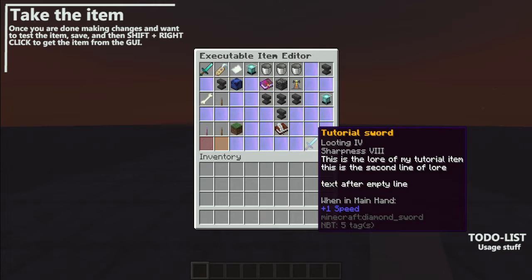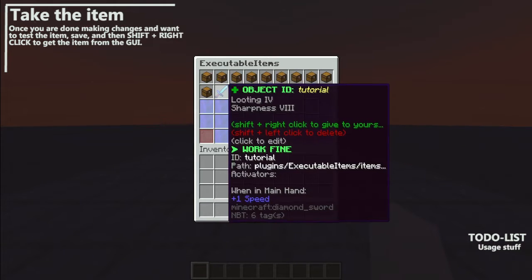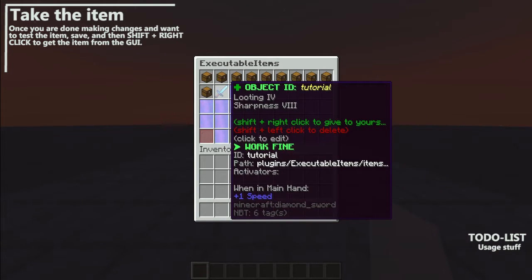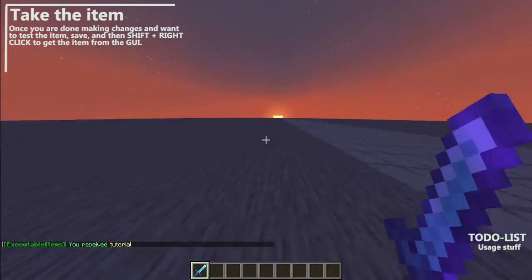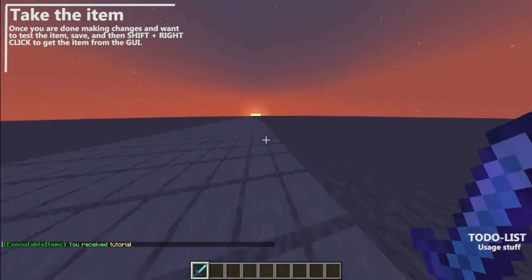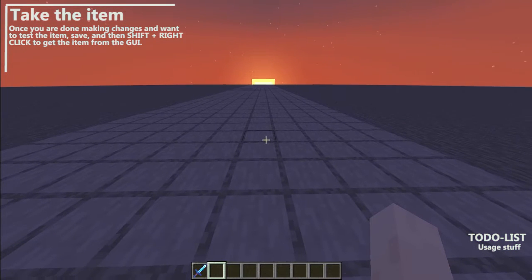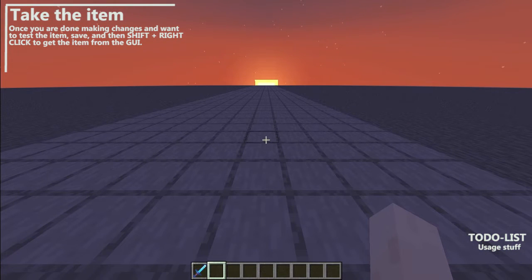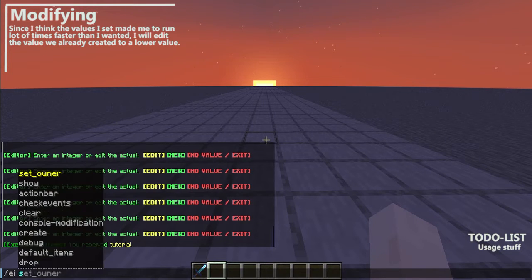Let's test it. Once your item is done, let's save and shift plus right click. You can see that I walk a lot of times faster when holding the sword. If I am not holding it, I will not walk faster. To return to the editor, EI show